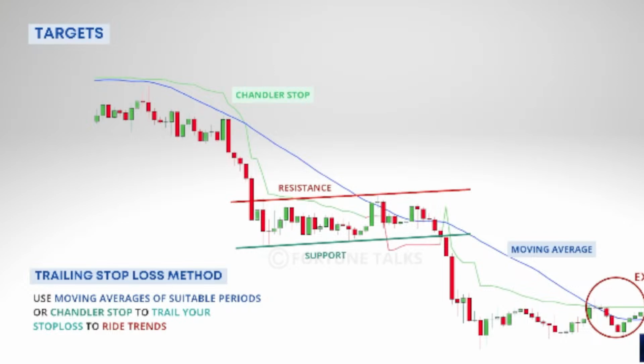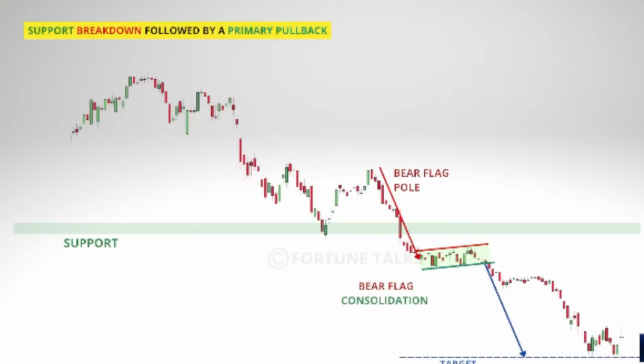Now, the most important thing to figure out is where to find these flag patterns. You can find a bear flag during a support line breakdown, which is followed by a primary pullback. Now, the breakout candles represent the flagpole, while the primary pullback forms the flag consolidation of the pattern. Now, you can take a short entry as per the entry criteria of your choice when the price breaks below the flag consolidation. Now, the most common place where you will encounter